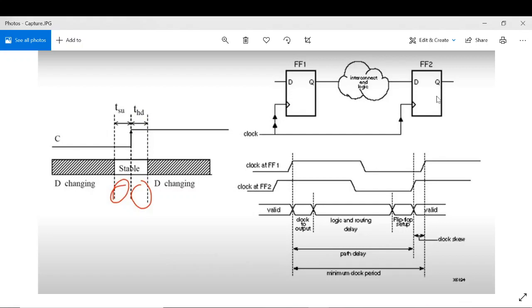So there are two different things. The first thing is that you have to ensure that after one clock cycle, my new data after processing should be here, right? And one thing also that you need to ensure is that the previous data should not be overwritten by the new data, so that this must not be captured at the same clock edge. So these are the two basic requirements of a synchronous design, and this is the duty of a design engineer, to ensure the synchronicity, right? Okay, so that was all about the basics of synchronous design.